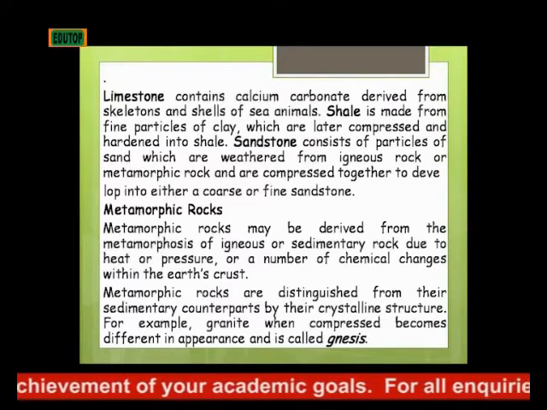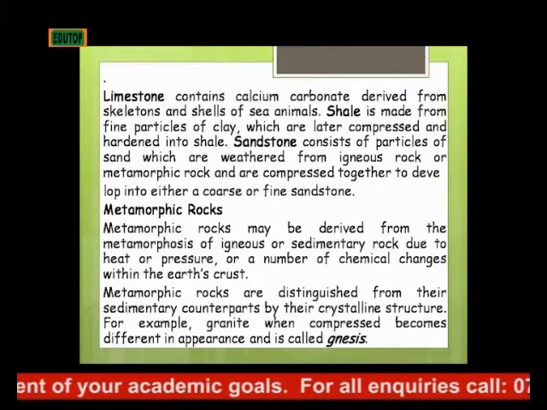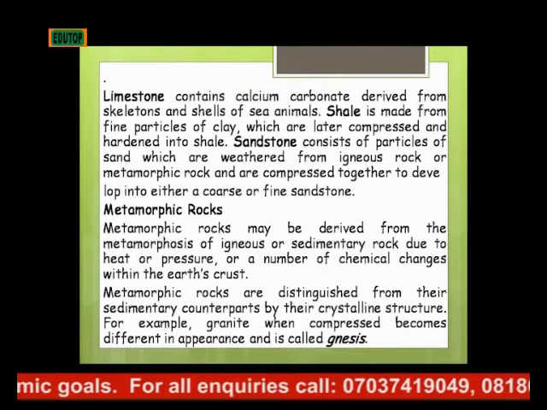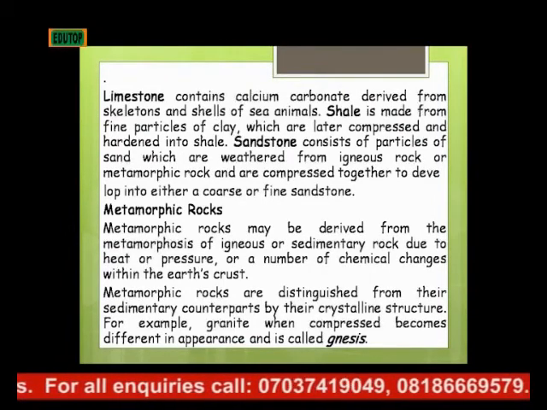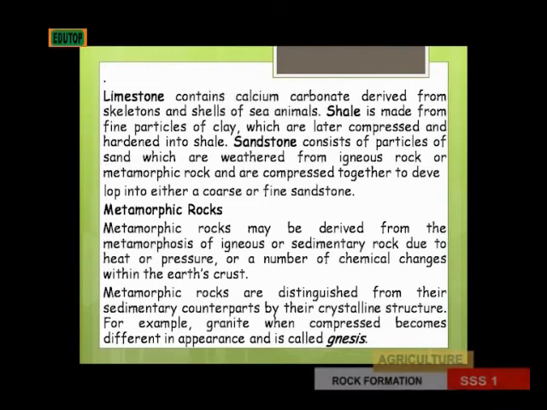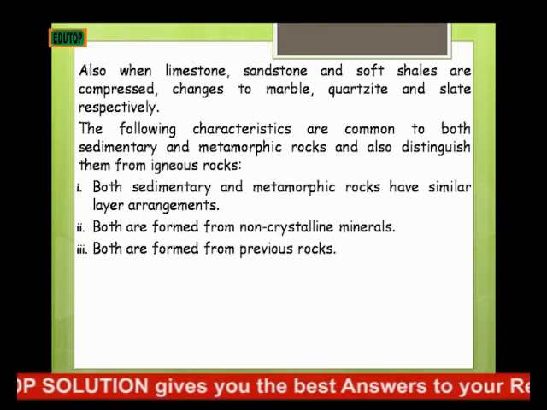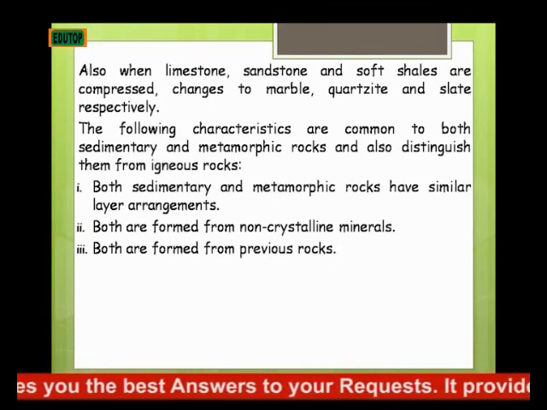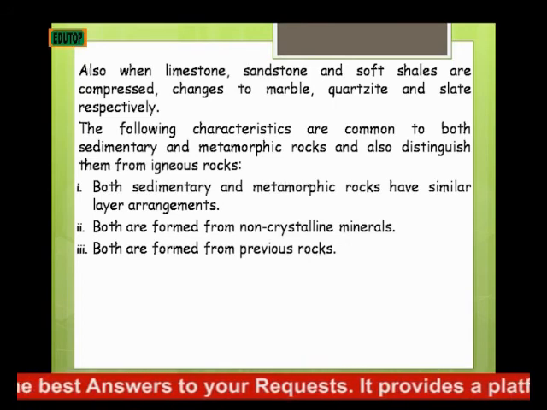Metamorphic rocks are distinguished from their sedimentary rock counterparts by their crystalline structure. For example, granite which is compressed becomes different in appearance and is called gneiss. Also, when limestone, sandstone, and soft shales are compressed, they change to marble, quartzite,